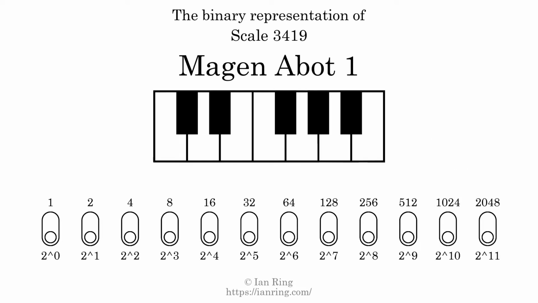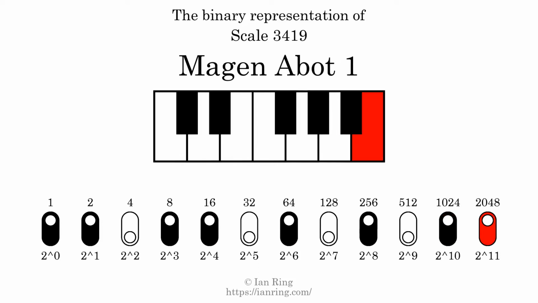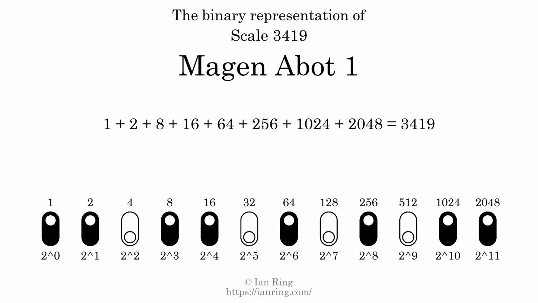The binary representation of this scale is determined by mapping tones of the scale to binary digits. Each binary digit represents a power of 2. To get the scale number, we add the powers of 2 together. The powers of 2 that are present in the scale, all added together, equals 3419. That is why the scale number, in decimal, is 3419. The scale number not only enumerates the scale with a unique index, but it also literally describes the tonal content of the scale. Represented as a binary number in base 2, the scale number is